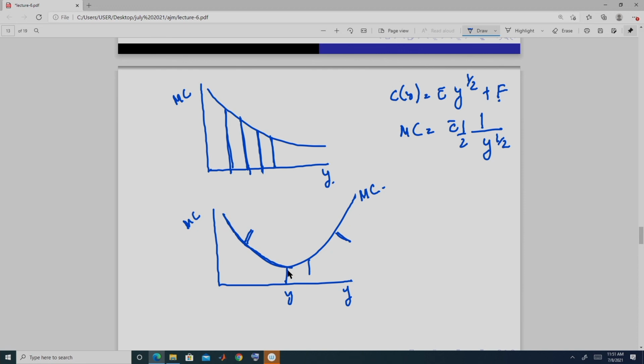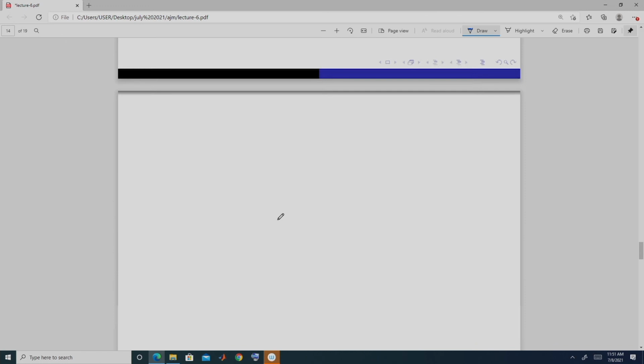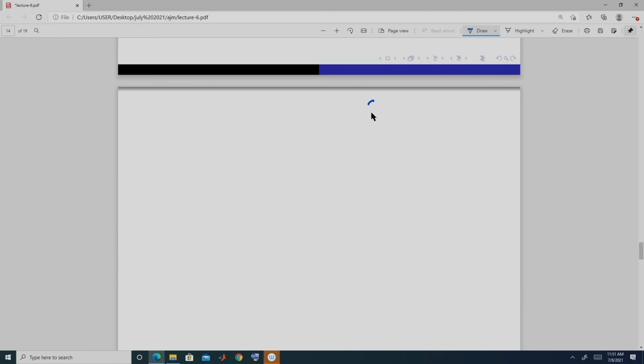So, for this reason our marginal costs are going down as we go on increasing the output, and after this our marginal cost, that is the additional cost, is going up. This is one. Now, when we have a cost function of this nature,